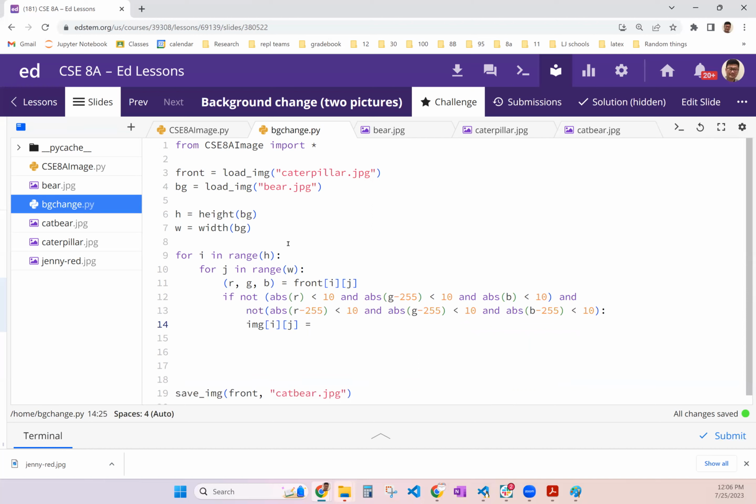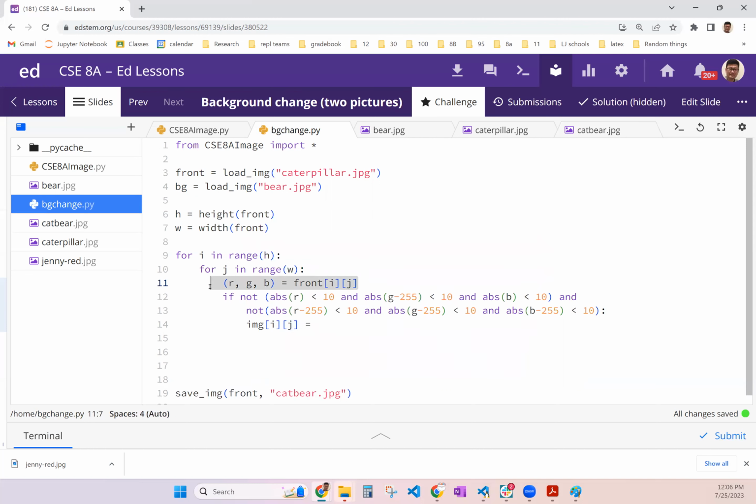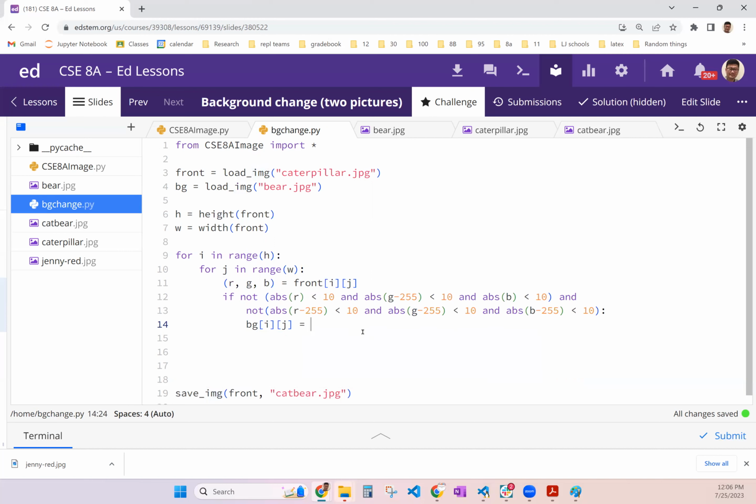You know what? I think this effect just came to my mind. I should probably still go through the front picture because the front picture is smaller. If I'm not careful, I may be out of bounds here. So I look at this one. If it's not green or white, I would say BG ij equals